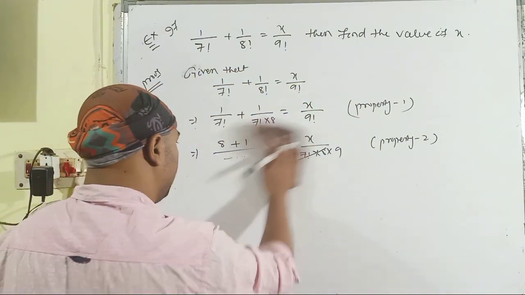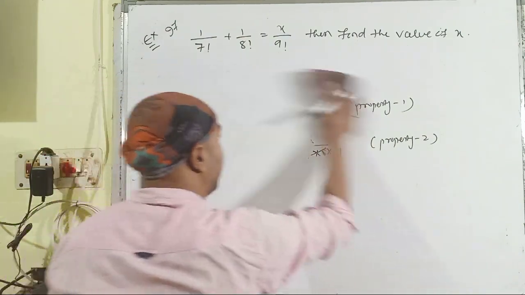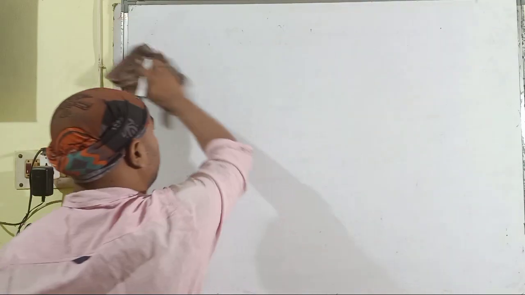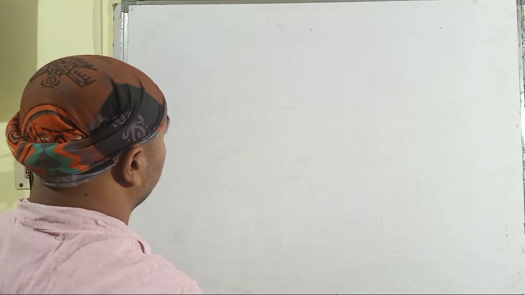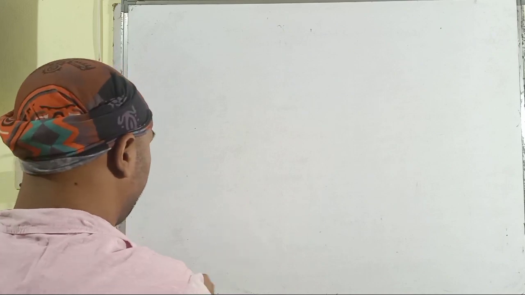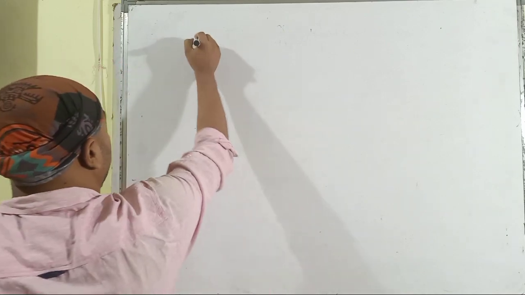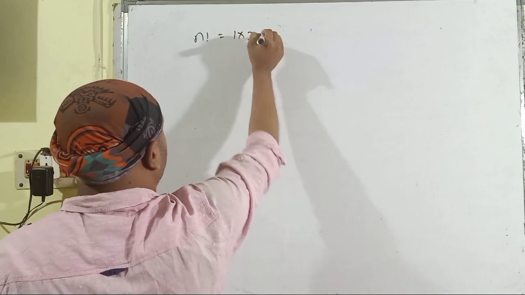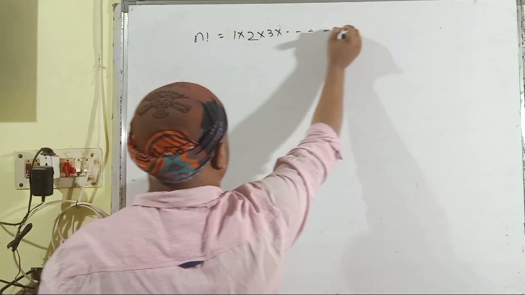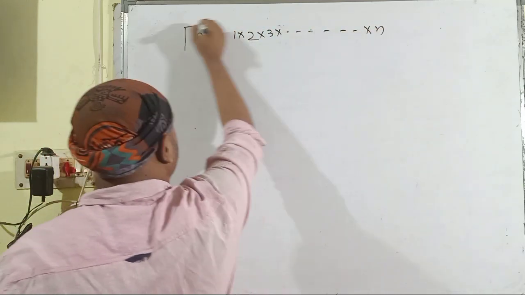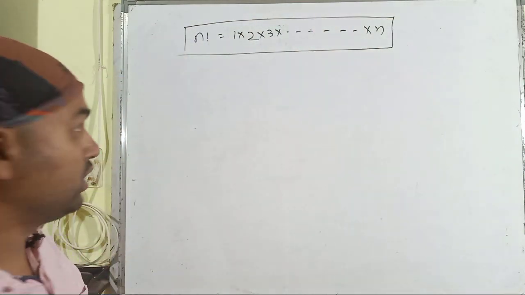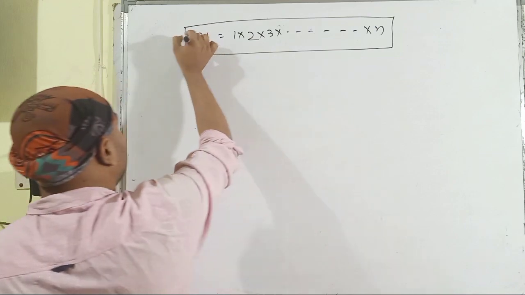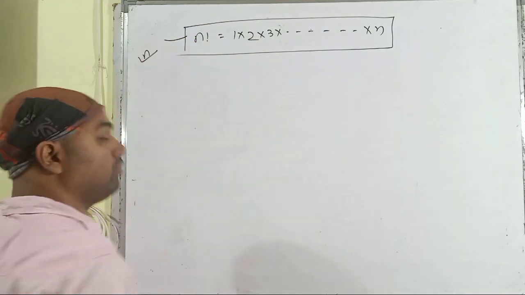Let us have some highlight of this factorial topic. First of all, we have discussed what is the n factorial. N factorial is none other than multiplication of 1, 2, 3, up to that given number. That means the continued product of the first n natural numbers. It also can be denoted by this symbol.